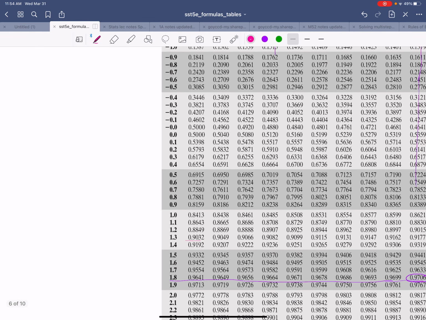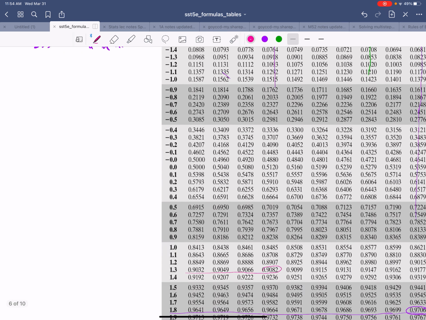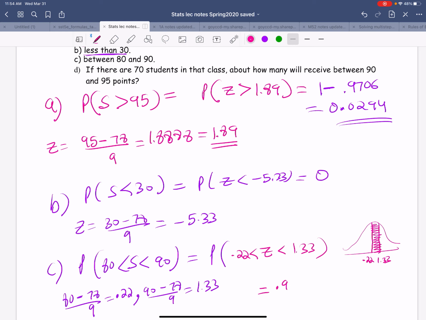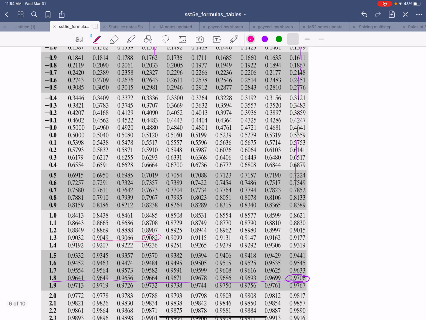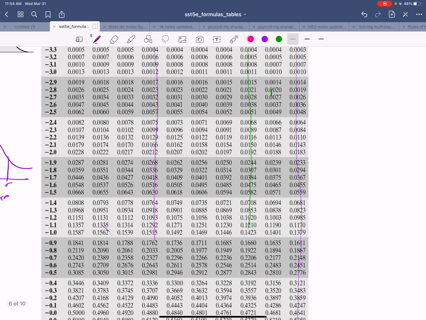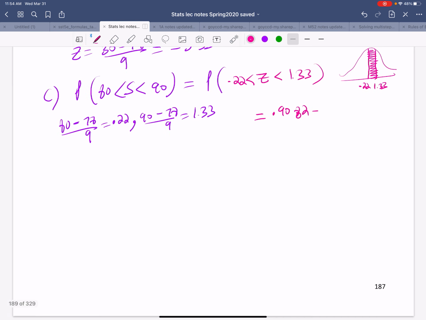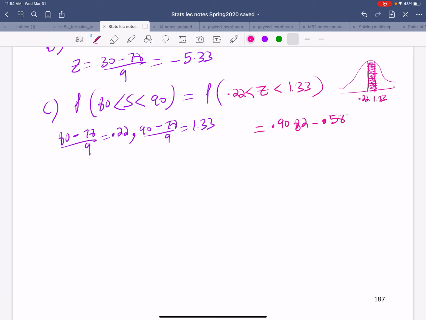1.33 is 0.9082. And the area to the left of 0.22 is 0.5871. And now find the difference. So 0.9082 minus 0.5871 turns out to be